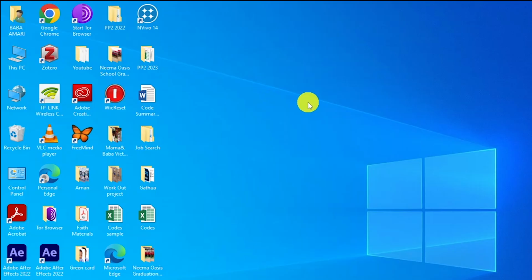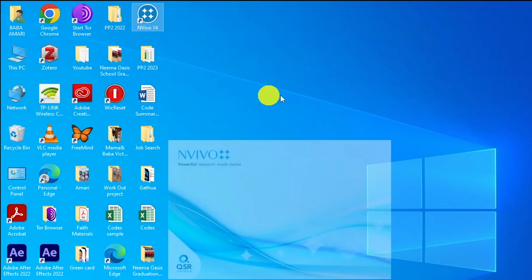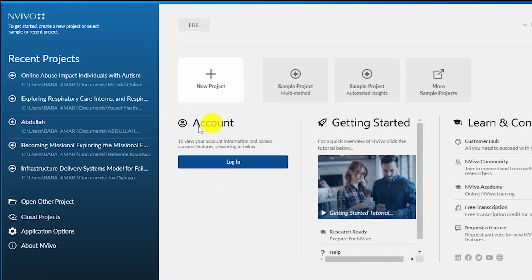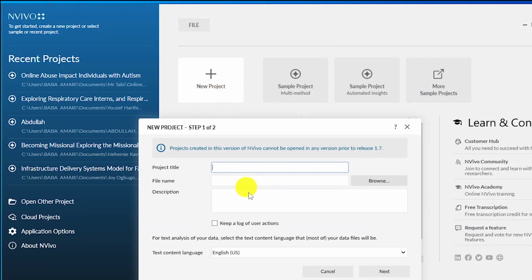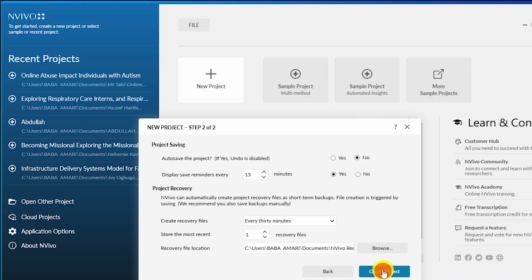The first thing that we are going to do is to open NVivo 14. So we open NVivo 14. This is how NVivo 14 opens. We are going to head directly to the new project and create a new project. I'm going to name this demonstration project, and then I click on next, and then they give you this option